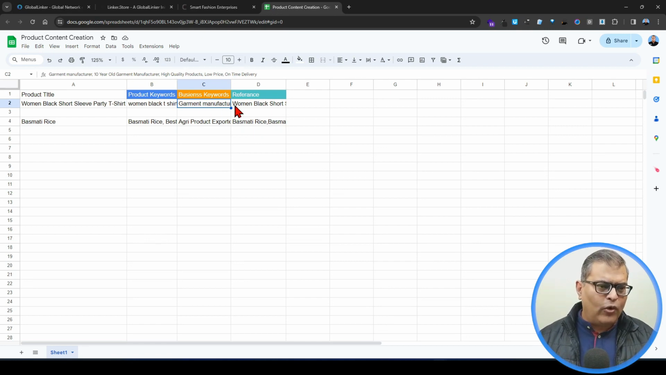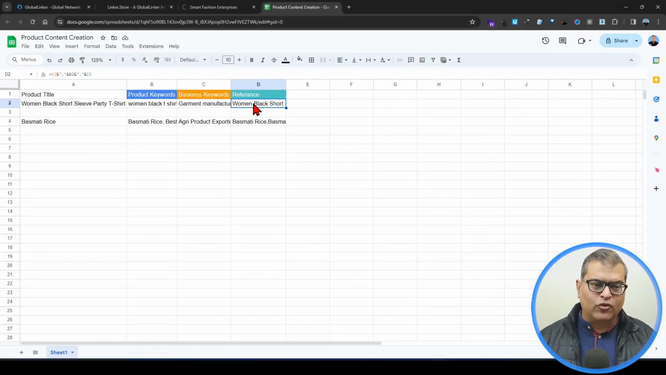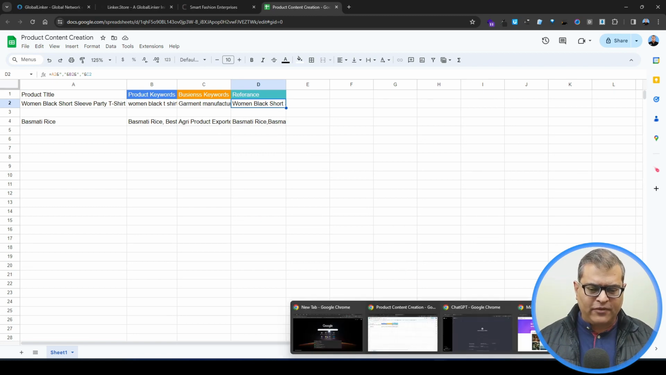Once you have added all this information, you basically combine it together. Product information, keywords, and business keywords are all combined together, and that's where this reference comes in. This reference is now to be used with the AI tools to generate the product title and description. Now this is where I will switch my screen and we'll quickly go to